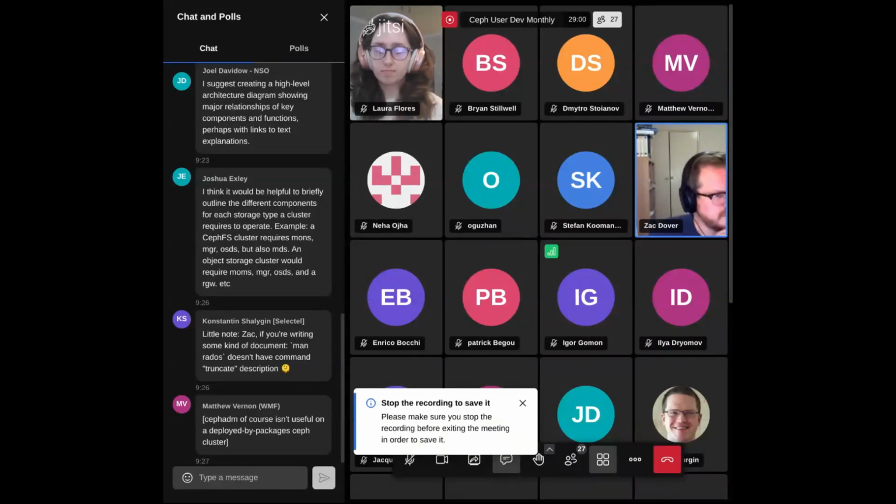Let's see. Joshua says, I think it would be helpful to briefly outline the different components each type of storage cluster requires to operate. I agree, Josh. Absolutely. This is one of my longer term goals, to have exactly these sorts of profiles in the documentation, like reference architectures. I am going to copy this